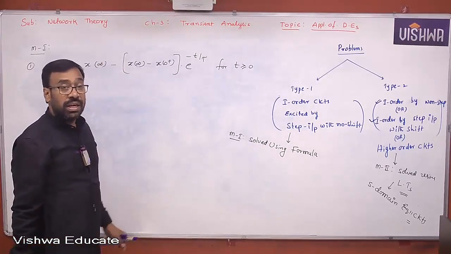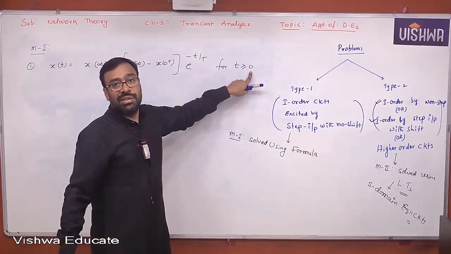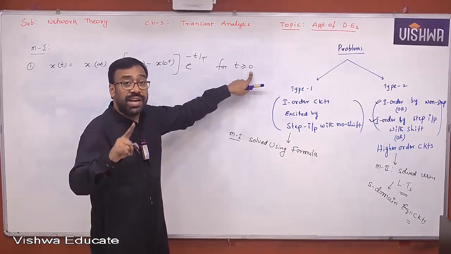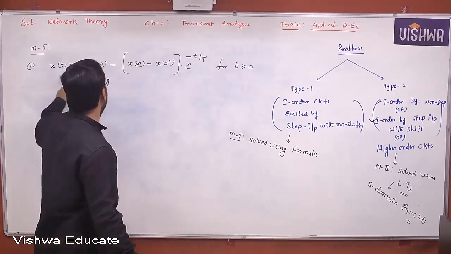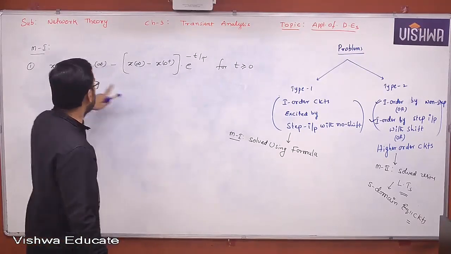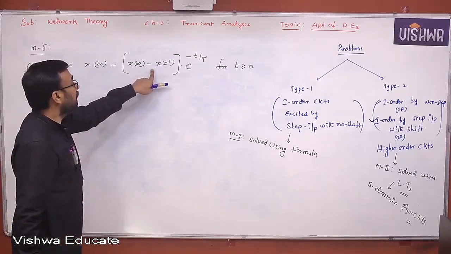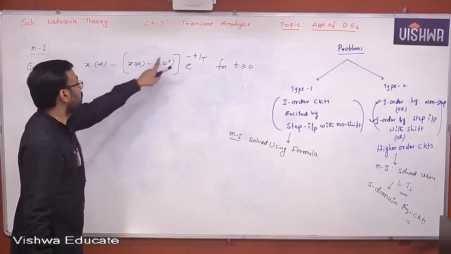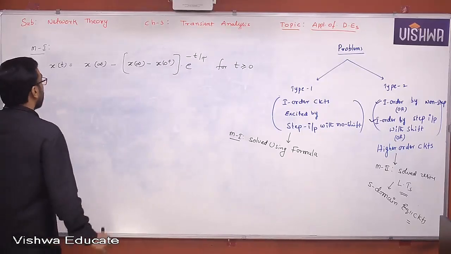I mean to say, if the switching operation has taken place at t equal to 0, then the response will be like this. The total bracket is placed like this, e power minus t by tau, where